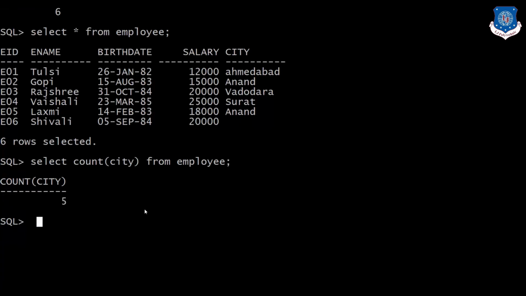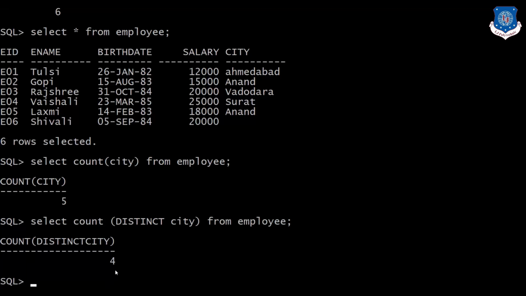Now what if we want to count the distinct number of records? So we will write select count distinct city from employee.